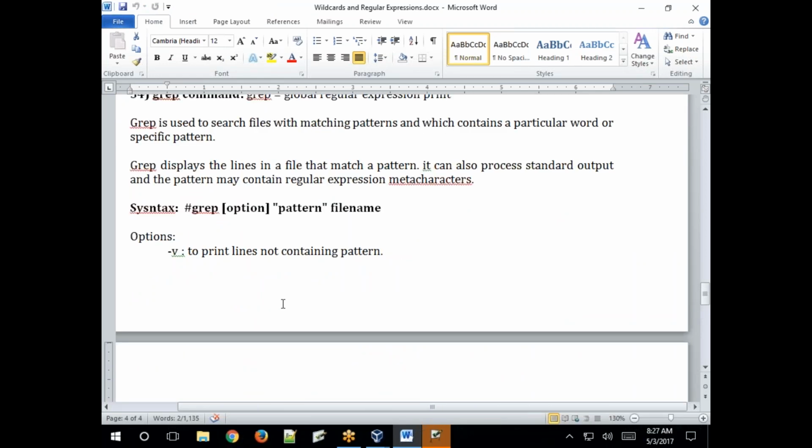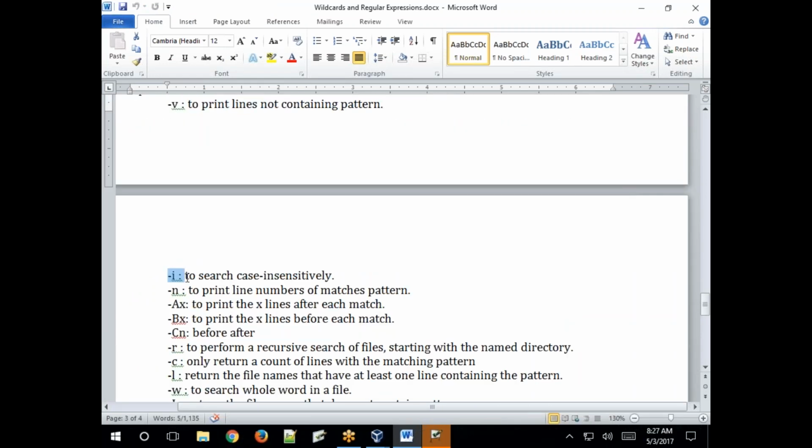Okay, -v, i, n, a, x. After x number of lines, before x number of lines: the matched line, and before and after.